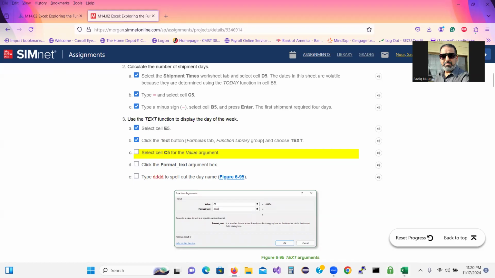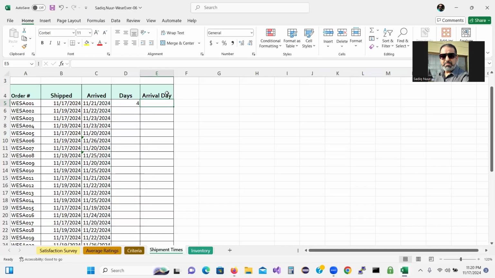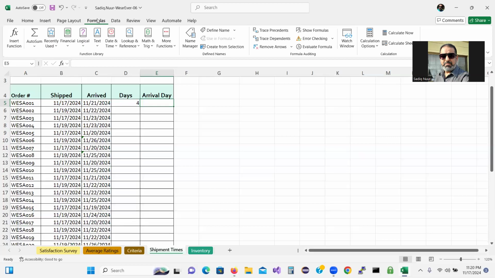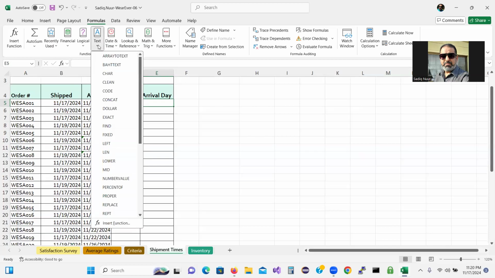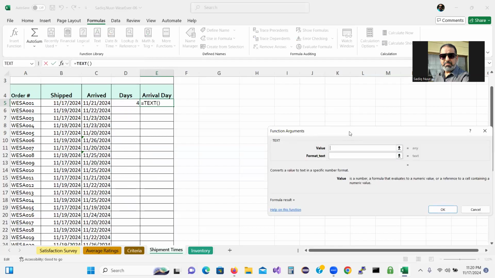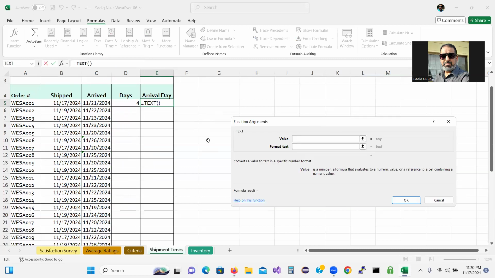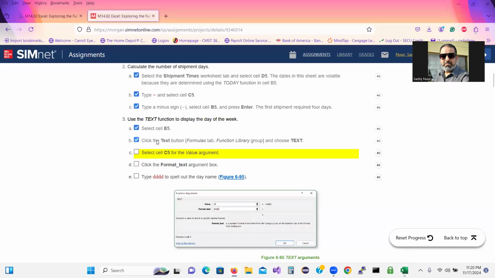So first I will go back to your worksheet. We're going to go to Formulas and then the function library, right? And then you will see the Text function. And then we have to look for Text. So scroll to Text. Under Text, we have to select C5. All right, C5. Now, if we go back to the instruction, they said we have to select C5 for the